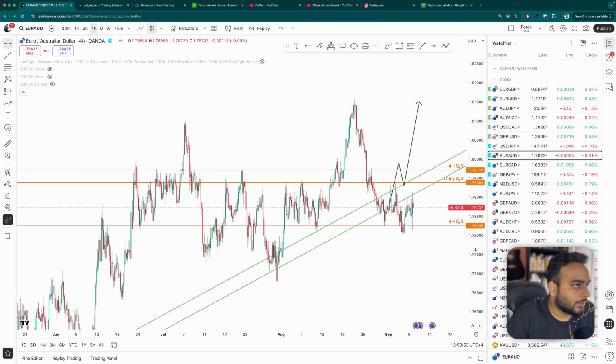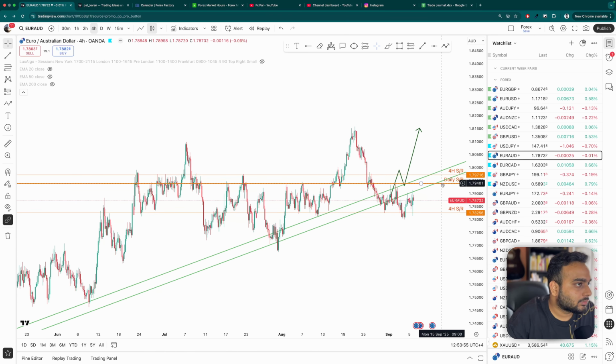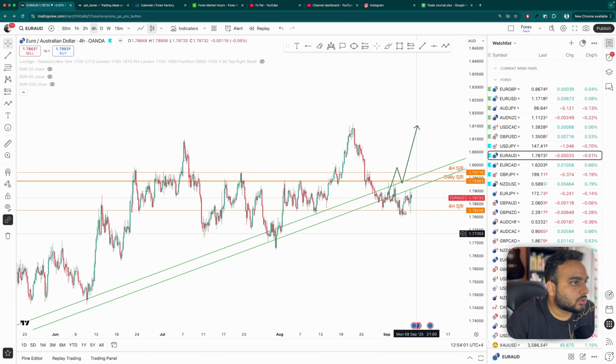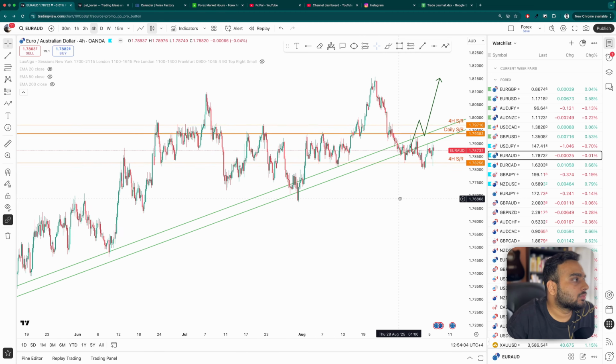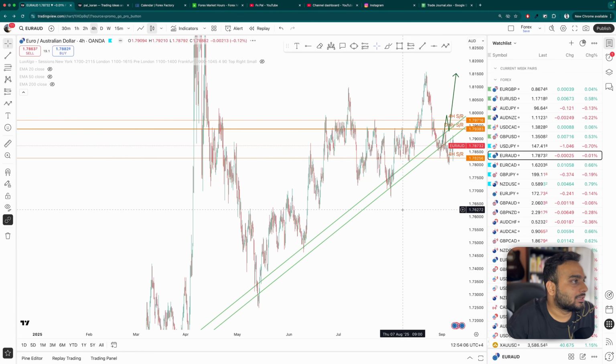It's a good support area, and then we have a resistance happening right here. Okay, this is the max resistance, and then this is the resistance. So what we want price to do on these lines is,